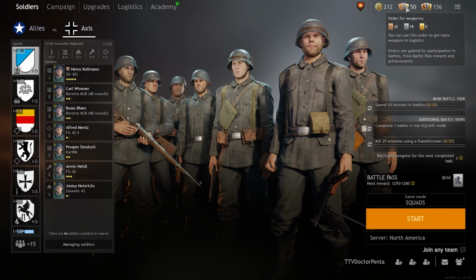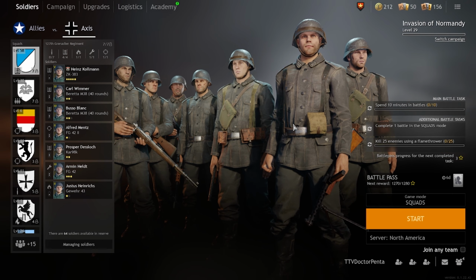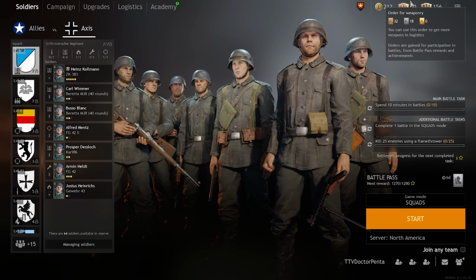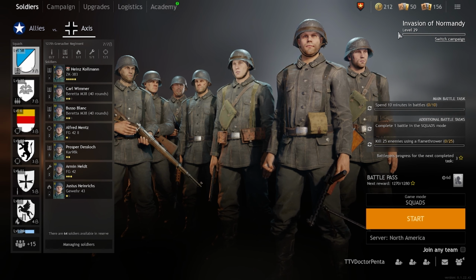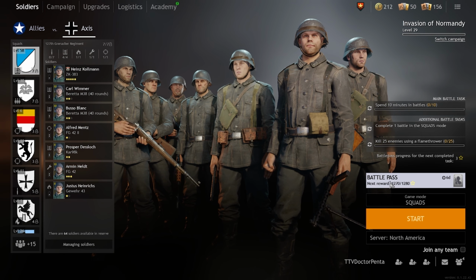Now, how do you get weapon orders and troop orders? You get those from participating in battle. It alternates between weapon and troop orders. Every 3,000 experience that you get from completing a battle, you'll get a weapon order or a troop order back and forth. And those are bronze orders. You can't get silver orders for participating in battle, but you can get silver orders through the battle pass and